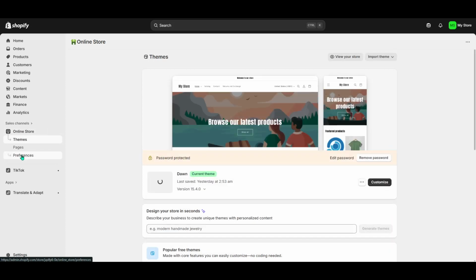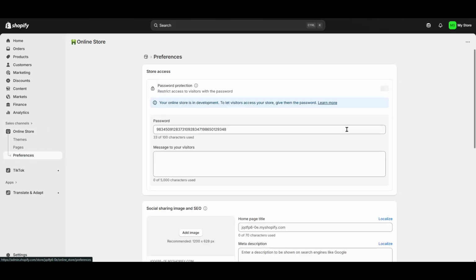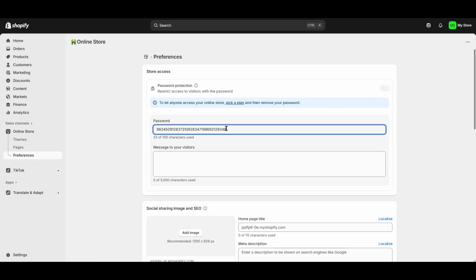What this does is restrict access to your online store while simultaneously allowing Shopify to create a landing page for your site. This page acts like a welcoming gateway for visitors, enticing them to explore further when you're ready to launch. Now that we've set that up, our next task is to tailor this landing page to fit your brand